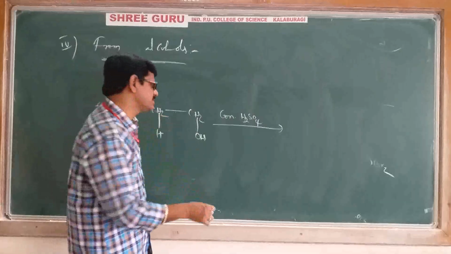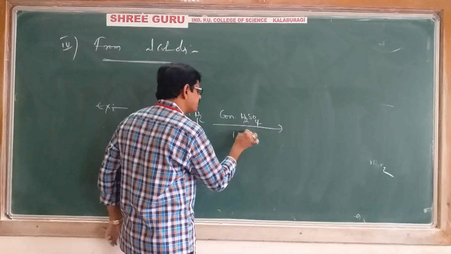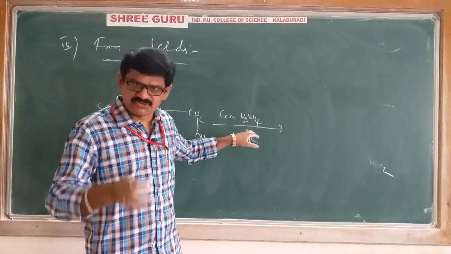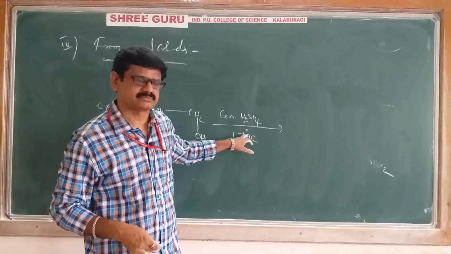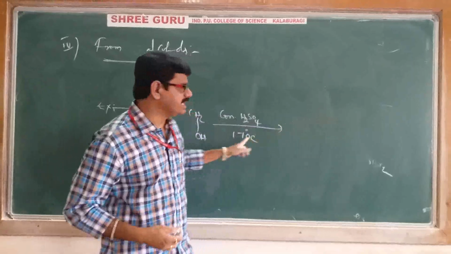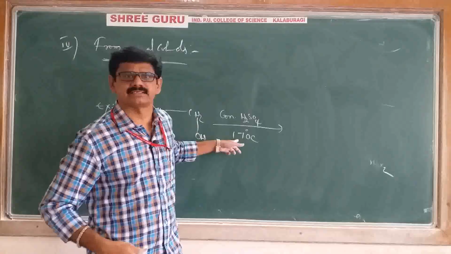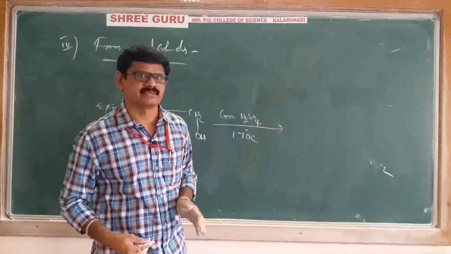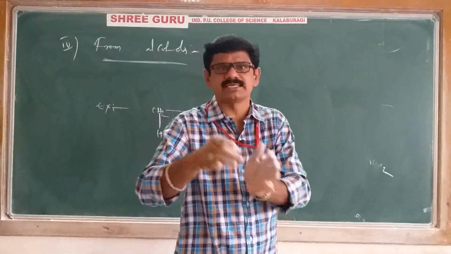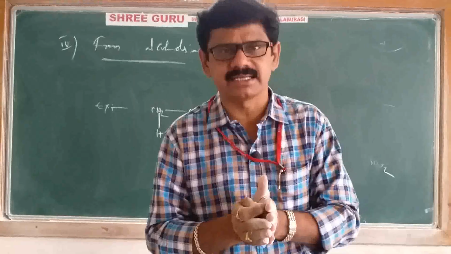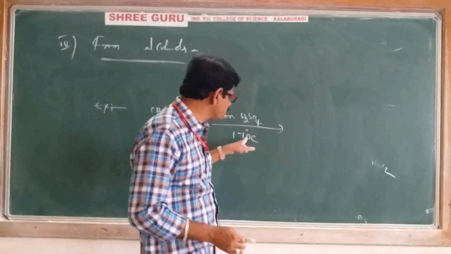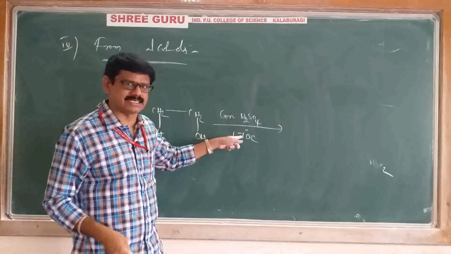And one more important thing is that temperature is also very crucial. You have to maintain exactly 170 degrees temperature. Suppose you maintain 140 degrees temperature, you will get another product, not our required product. If you maintain 100 to 110 degrees centigrade, again you will get one more different product. What is our required product? Our required product is alkene, because our lesson is alkenes. To prepare alkene, we should maintain exactly 170 degrees centigrade temperature only.